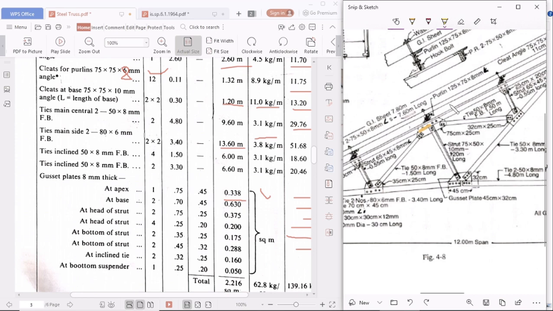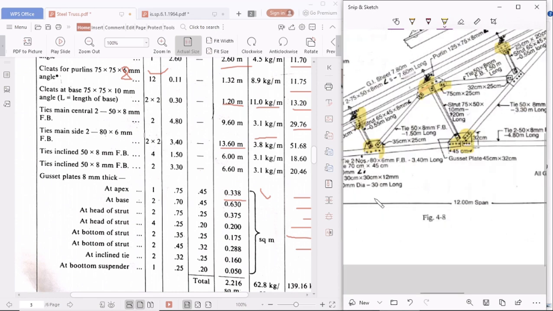After this strut, another strut. So this gusset plate. So this strut is over. Now another strut is this. Okay, what is the dimension? Okay, here given 25 into 20. So 25 into 20. Now at the bottom of the strut. Okay, first is 35 into 25 here, this strut. Next is 32 into 45, this strut. Okay, see, I am going as they have taken in the textbook. Okay, we can shuffle it, no problem, the total will be the same.